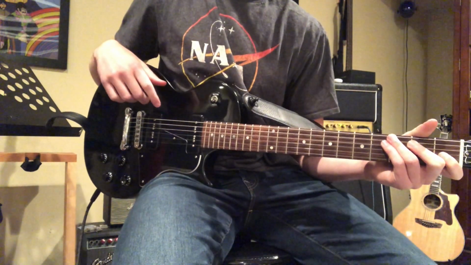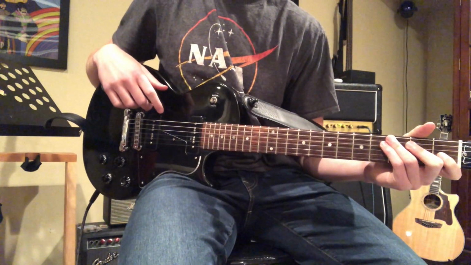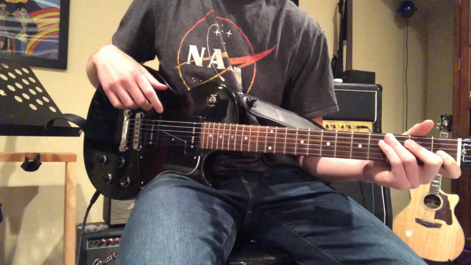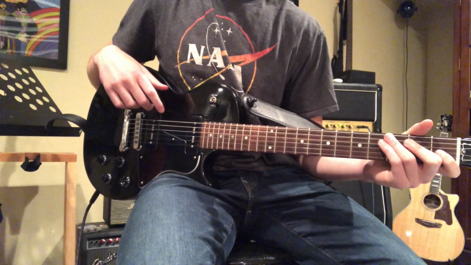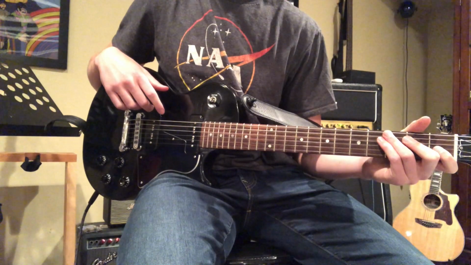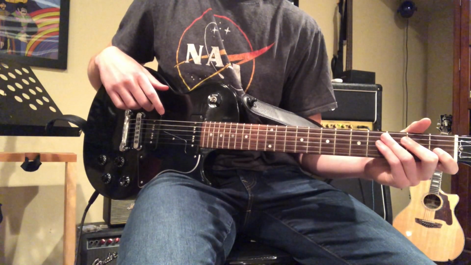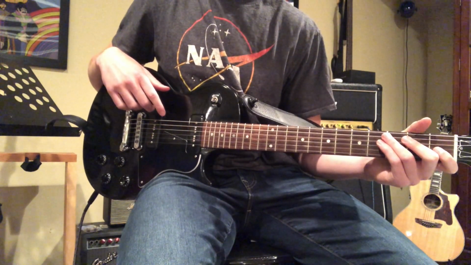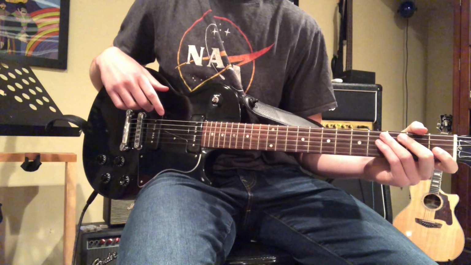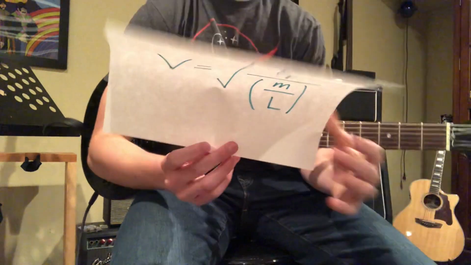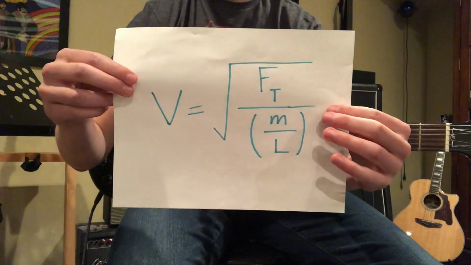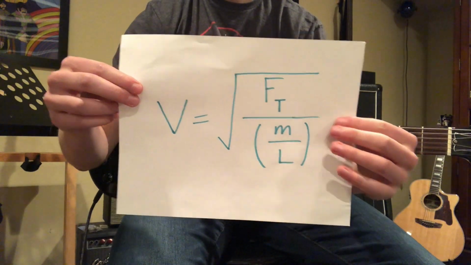Other smaller areas of physics that contribute to the standing waves on the strings are forces, linear density, and sound. Density and the force of tension are important here because they are the only aspects of the guitar strings that affect the velocity of the standing wave produced on them. This relationship is represented with this formula,